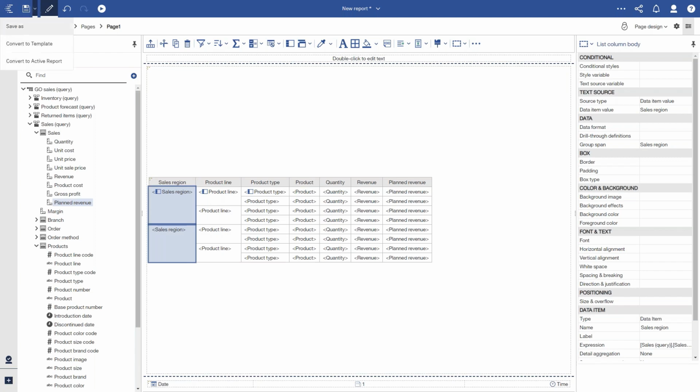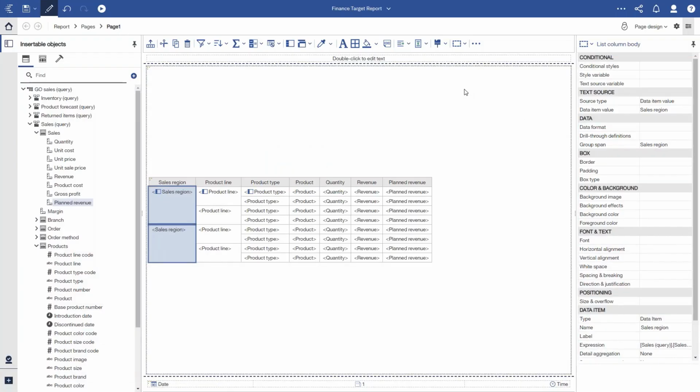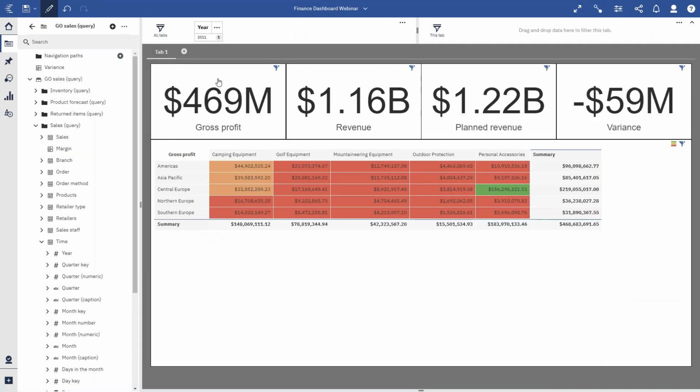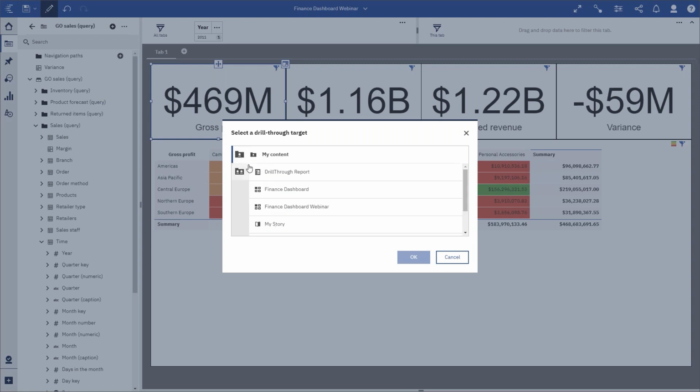And I'll save this as my finance target report. Some of you probably already know where we're going with this. I'm going to go back to my dashboard, and I'm going to take this box right here, and I am going to set up a drill through. I'm going to add a new drill through definition. I'm going to pick my